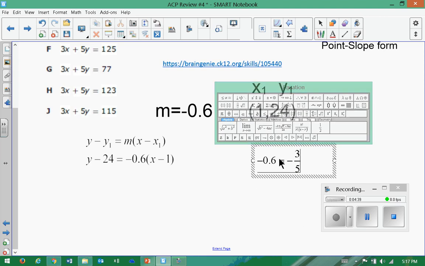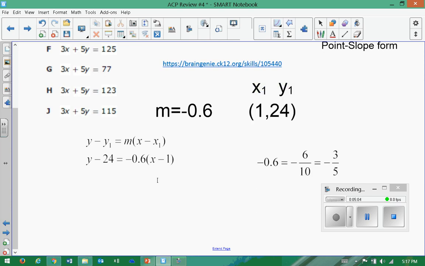Okay, how do I know that? Well, if I put another fraction, you'll see why. Negative 6/10 is the same as negative 3/5. So since that is true,